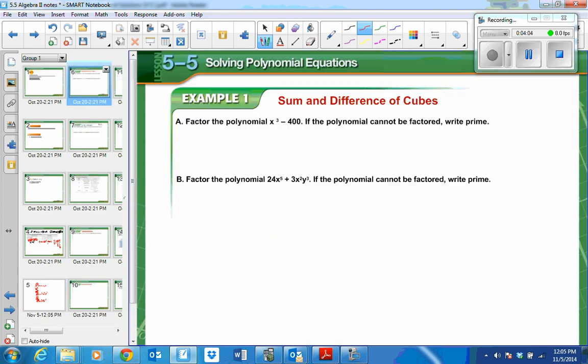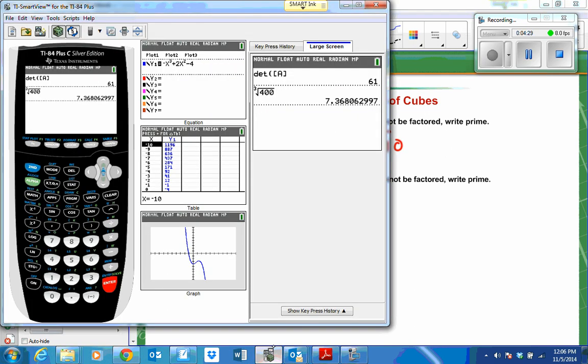So looking at this, in order to recognize if this can be factored, because if you only have two terms and I'm asking you to factor it, you can look and say, is it a difference of perfect squares, which this is not because x cubed is not a perfect square. Is it a difference of perfect cubes? Well, you put the cube root of 400 into your calculator,